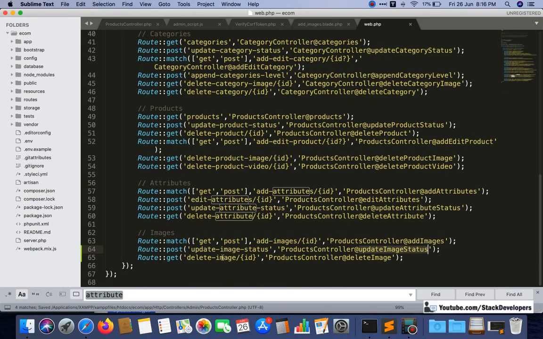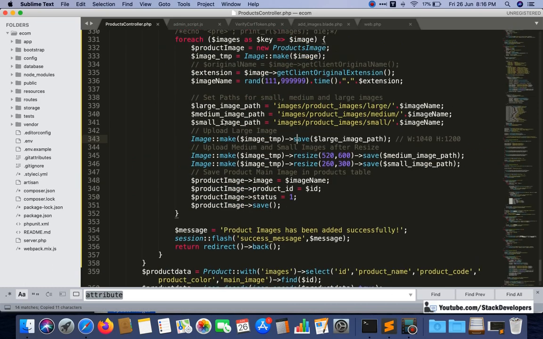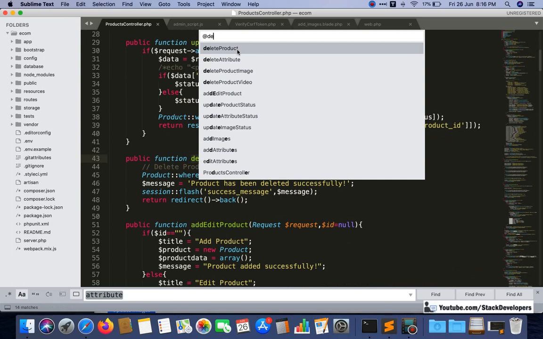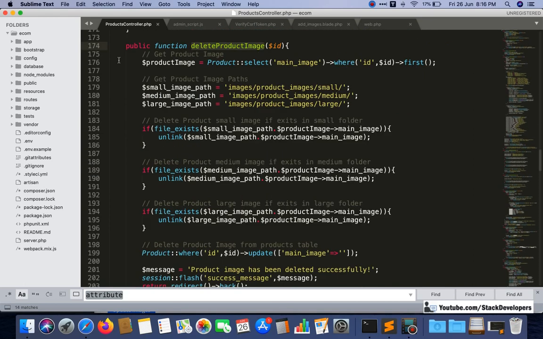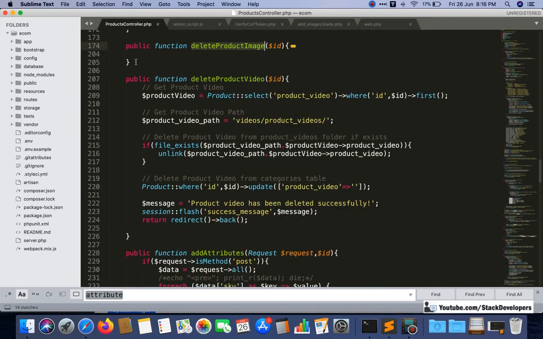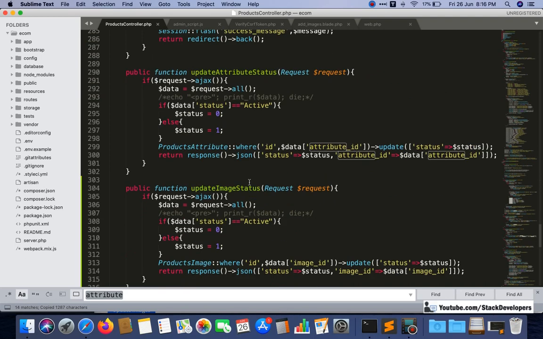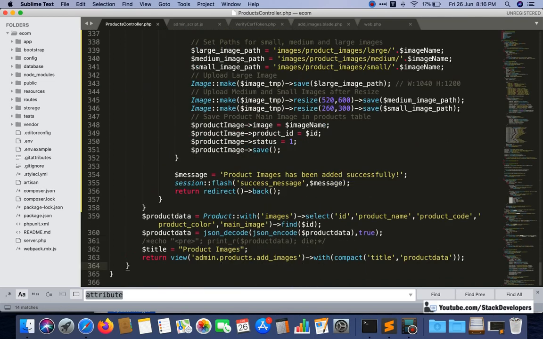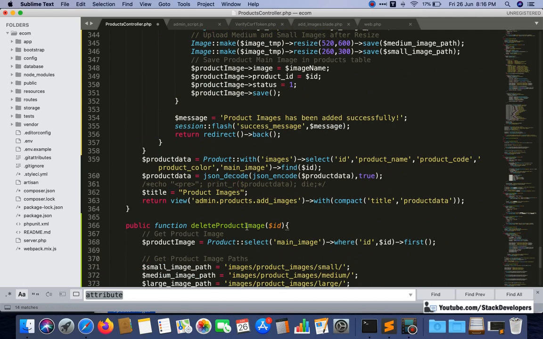And for delete we have already added its route. Okay, that is fine. For delete image we want to do, and for delete we can copy from another one like delete product, but we are going to copy this one, delete product image, because this is the thing that we want to do. Now this time I just want to add delete image only, not product image, because we have only given delete image there. Okay, so here see, we need to check what we need to do here.